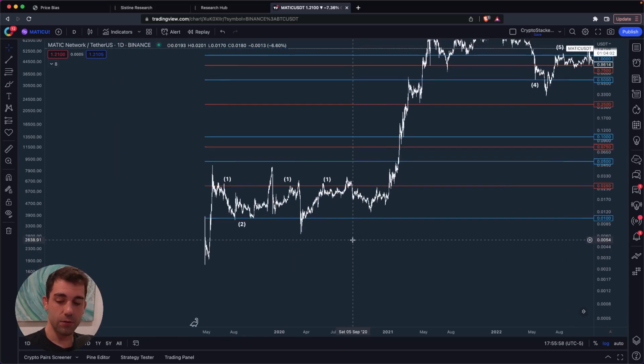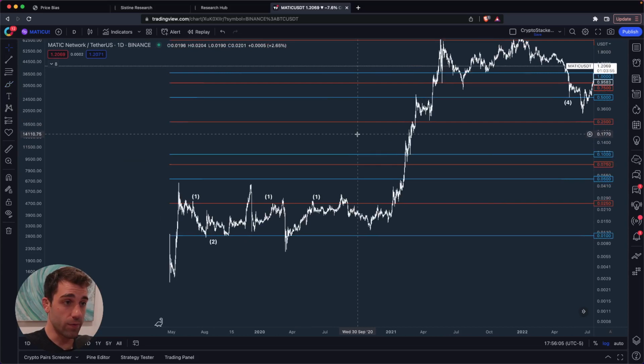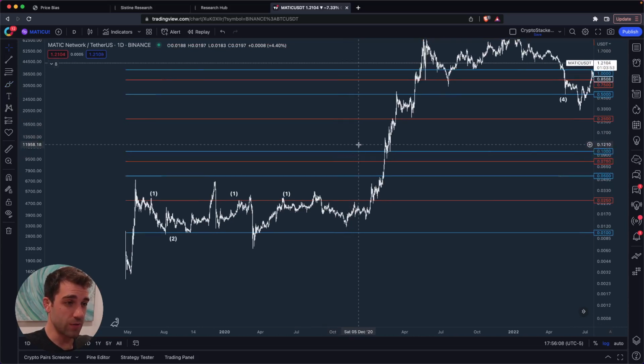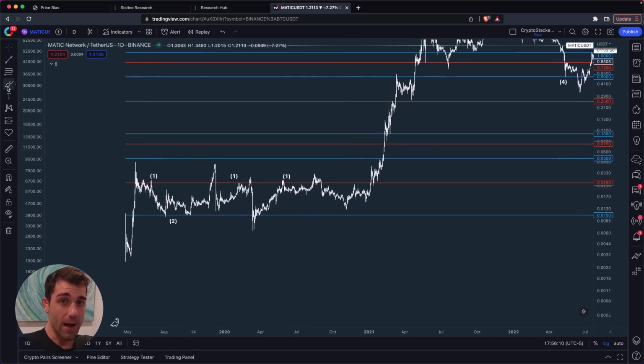These are particularly useful when we're in a period of price exploration. Ultimately, the market has to decide what's too expensive and what's too cheap. Early on in Matic's days, we had a level of 2.5 cents, and then down here we had 1 cent. That's all this indicator does, it marks out the quarter levels every factor of 10: 1 cent, 2.5 cents, 5 cents, 7.5 cents, 10 cents, and then 25 cents, 50 cents, and so forth, all the way up.